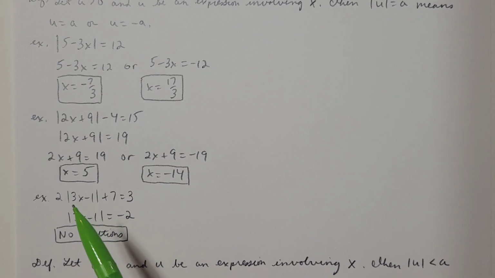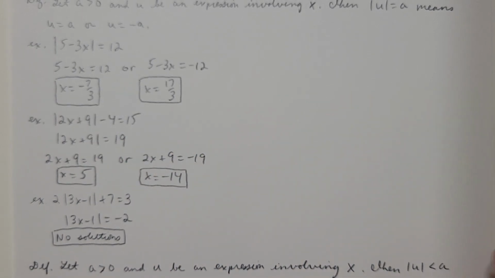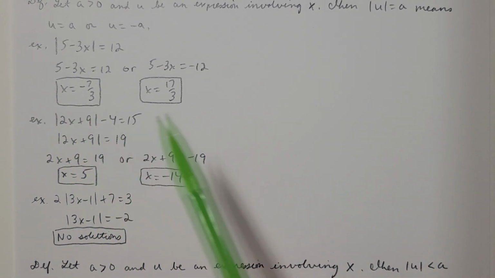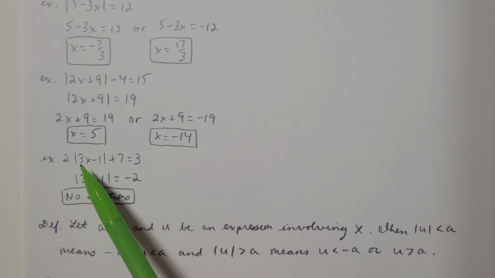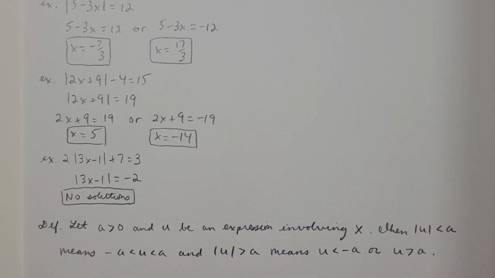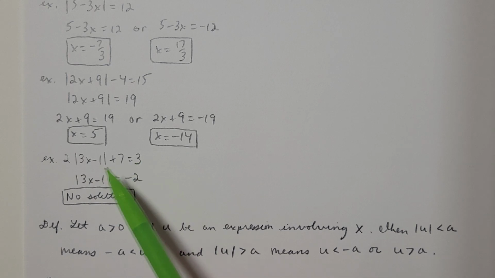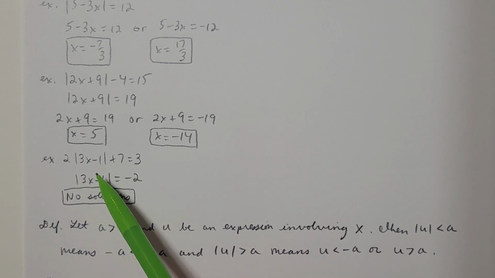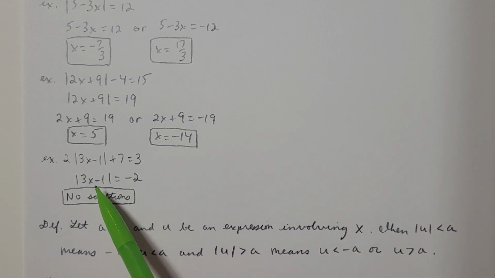By the way, here's another example. In this one, the first thing that I always have to do is get the absolute value expression all alone and on the left. So in this example, where I have 2 times the absolute value of 3x minus 1 plus 7 equals 3, let's subtract 7. We get 2 times the absolute value of 3x minus 1 equals negative 4, and then divide by 2. So the absolute value of 3x minus 1